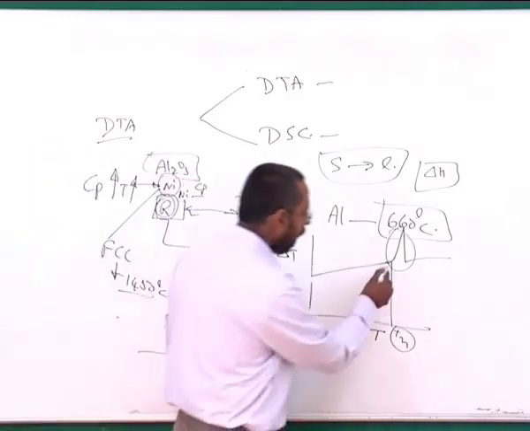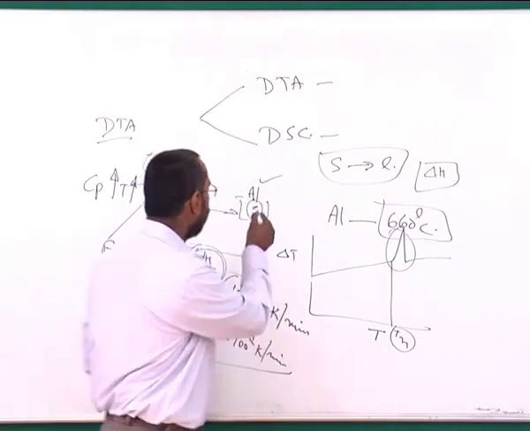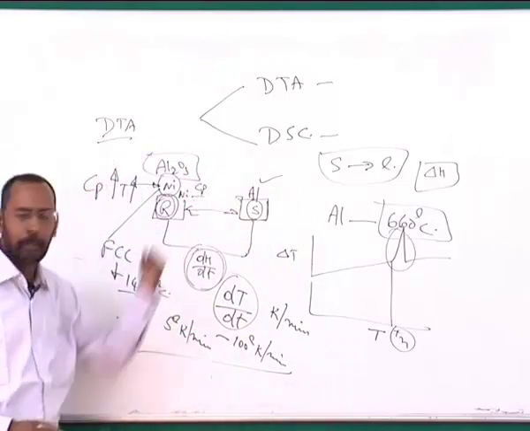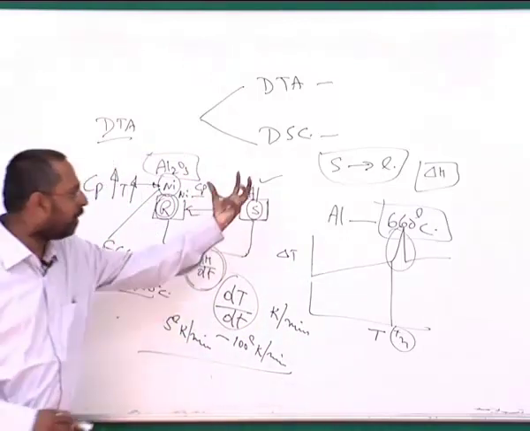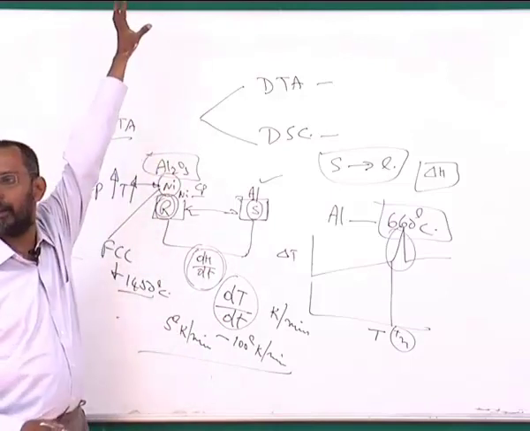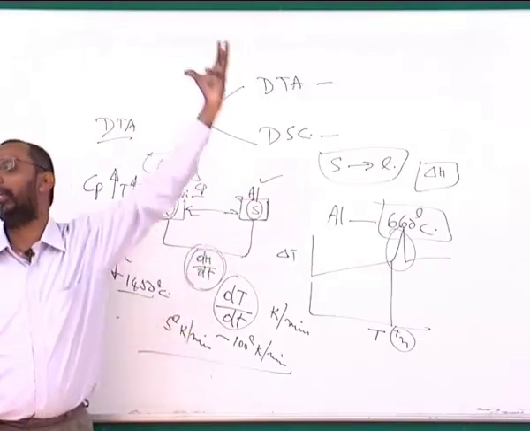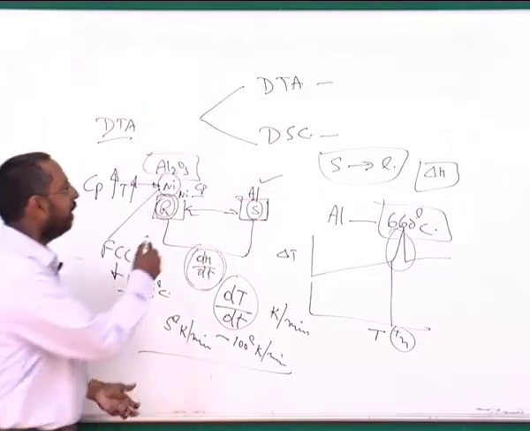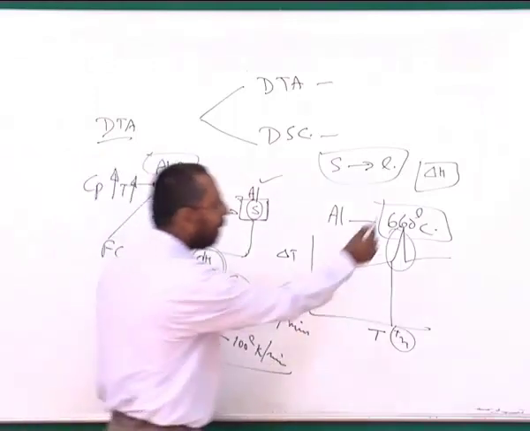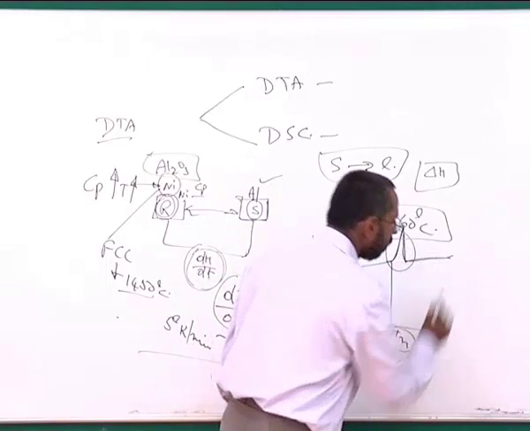But the moment I come to this temperature, which is the melting point, suddenly you see that this particular sample starts absorbing a lot of heat. Because it is absorbing a lot of heat from what I am providing, this fellow is not getting heated up. So suddenly you will see that there is a temperature difference established between these two, and that temperature difference, if I look at it, you get it as a peak.